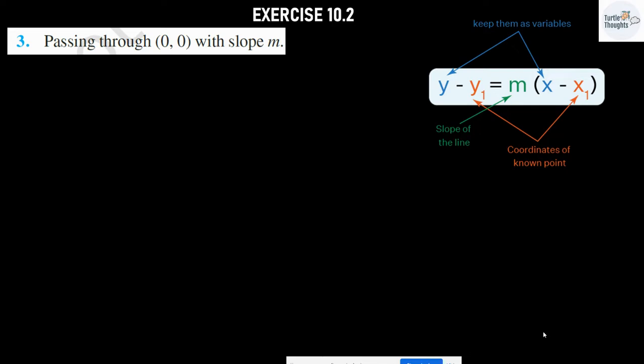We have to find a equation of a line passing through 0 comma 0 with slope m. So let me write whatever they have given in the question. They have given one of the coordinates which I can consider as x1 and y1, that is given as 0 comma 0, and the slope is also given. Slope is m itself,